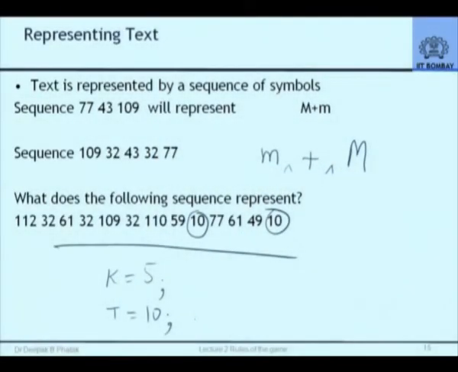K is equal to 5 is a program that I have written. These are symbols. Oh, sorry. You are saying this 10. I was confused with this, and you are very right. So let me correct it. I am sorry for the mistake. So these are actually 1, 2, 3, 4, 5 symbols. You are right. There are not 8 symbols in these 2 lines. There are 9 symbols. 1 and 0 are 2 different symbols, and this is not a single value. So 1 will be represented by a value for symbol 1, 0 will be represented by a value for symbol 0, then a semicolon, and then possibly a new line character. That is correct.